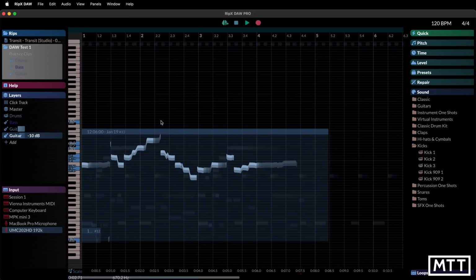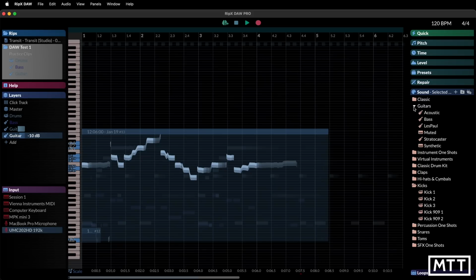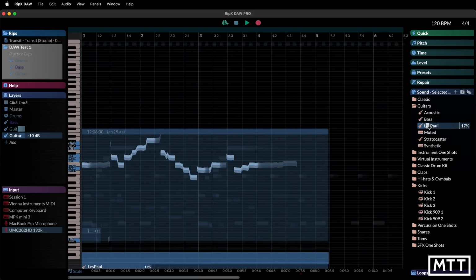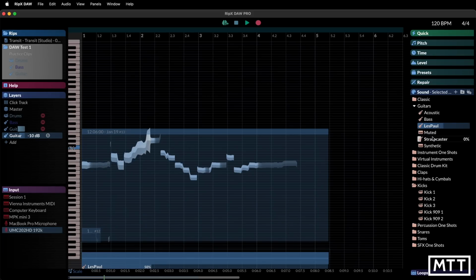We can do all the editing we were talking about earlier on, so changing this, fixing any issues that I've got. But also, this is where it gets interesting for me, because it's possible to use this information here to mix in some of these synth sounds effectively. So let's say I wanted to put in a bit of Les Paul with it. So I can just fade that up, and now we'll get... Bring that in. So we get this interesting thing,